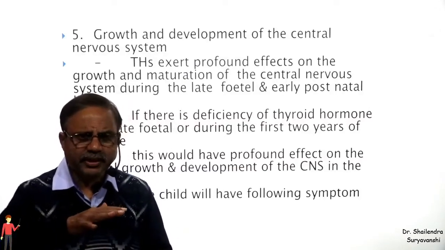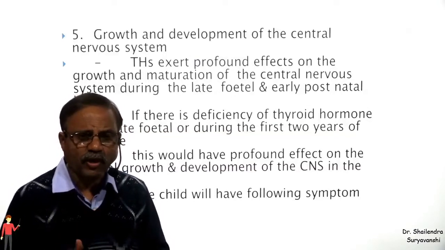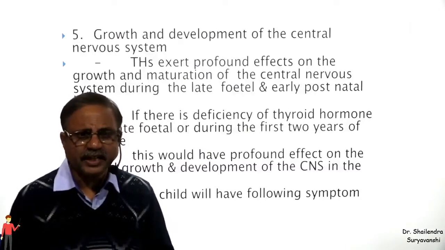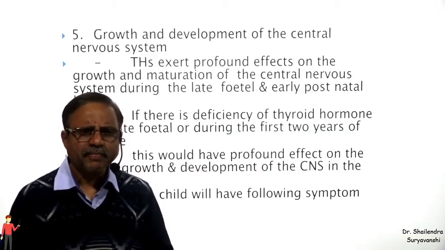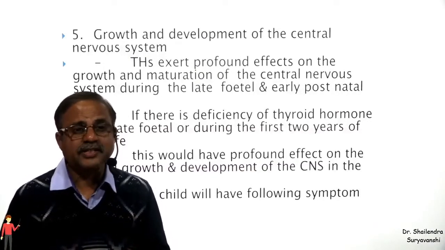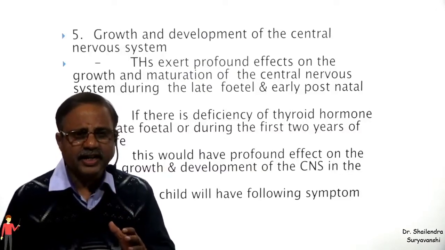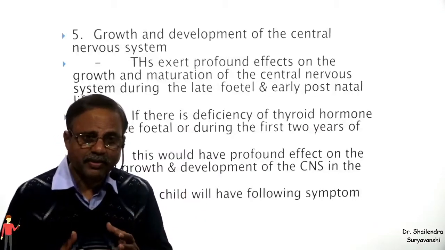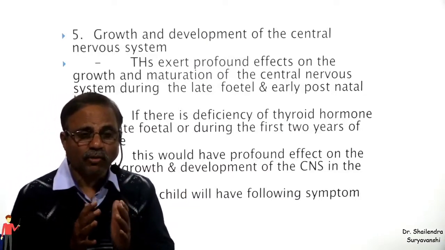He will not reach the various stages of development. His IQ will be quite low. He will not be able to perform various intelligent or cognitive activities like problem solving and mathematics. He will lag behind other children in school. That depends on how much deficiency of thyroid hormone there is. His biological age may not match his chronological age; he may be 15 or 16 years old, but his brain may be just that of a 4 or 5 year old. So this is the very important role it plays.